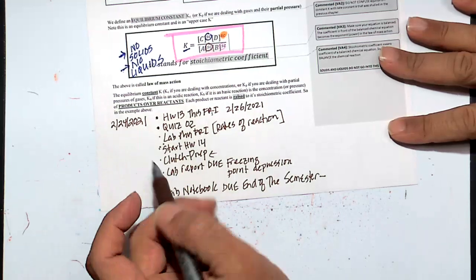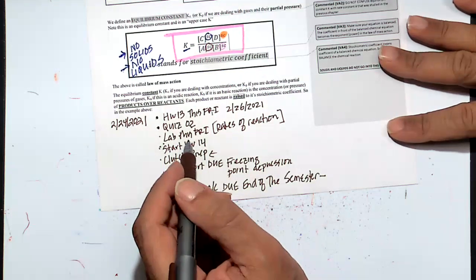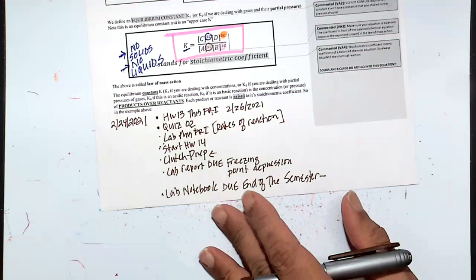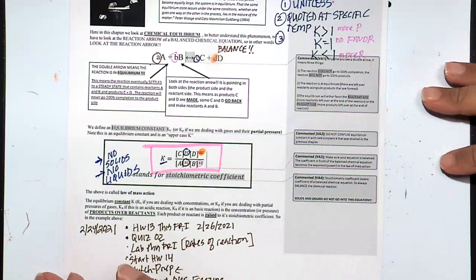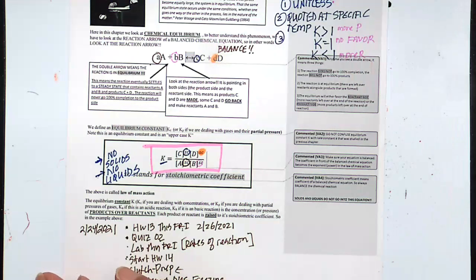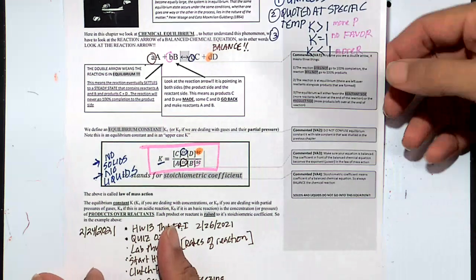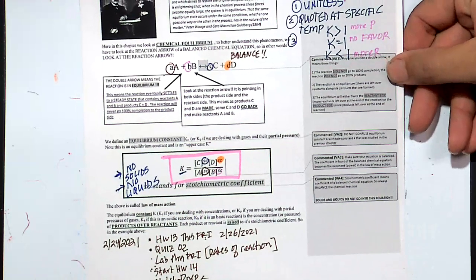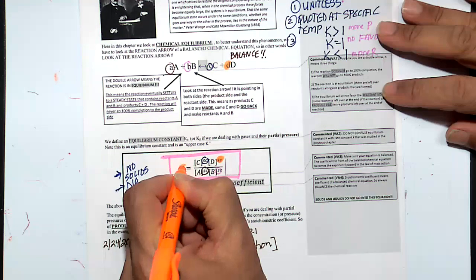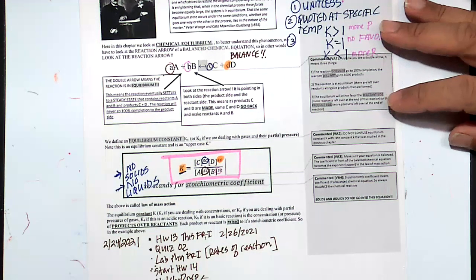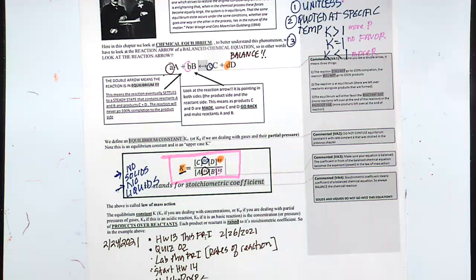All right, so this is what's on tap for this week and a little bit of next week as well. I will move on to chapter 14. We just touched the surface on Monday. The big key theme in chapter 14 is a big K, capital K, and that is the equilibrium constant. It's telling us which way a reaction will proceed.